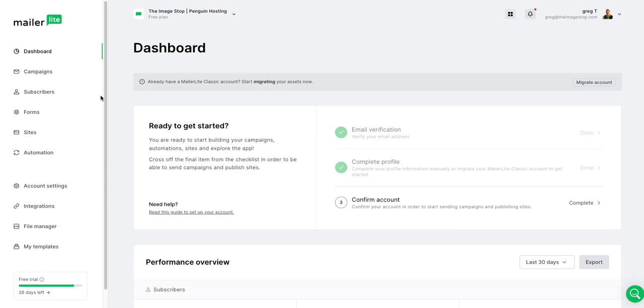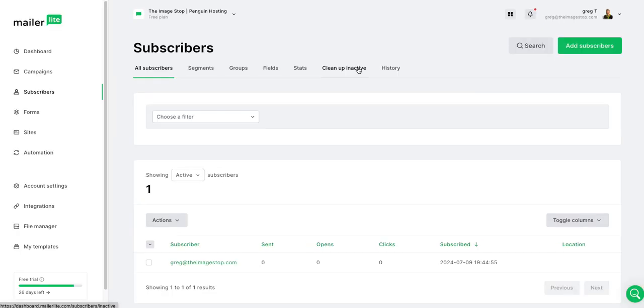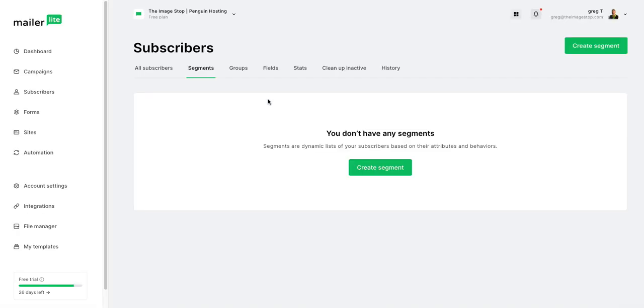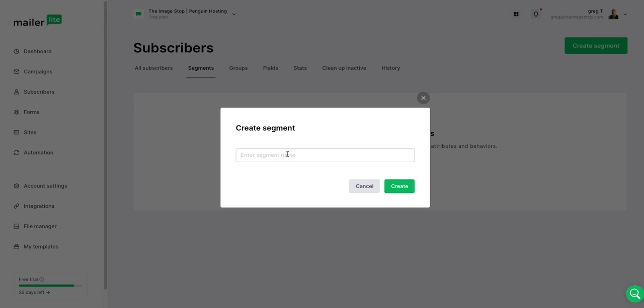First of all, I'm going to say, let's go to the subscribers section. We're going to go to the subscribers and say, okay, now at this point, of course, we are the only subscriber in here. But what we want to do is set up different segments or groups. Reason being is when you set up things like this, we're going to go to the segment section and show you here. We're going to create a segment, and we're going to call this